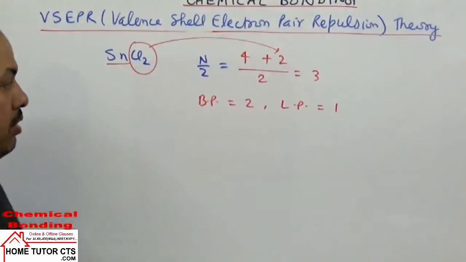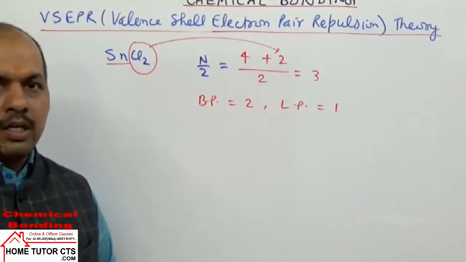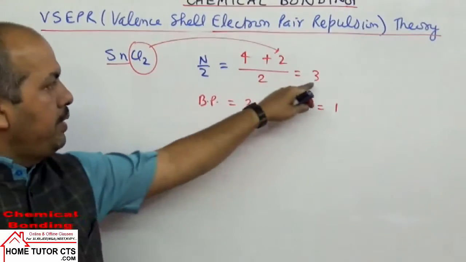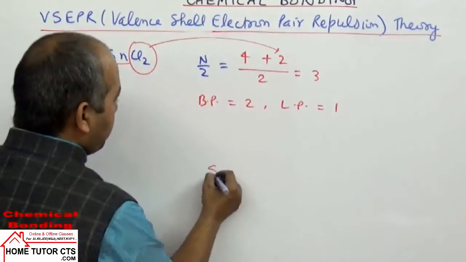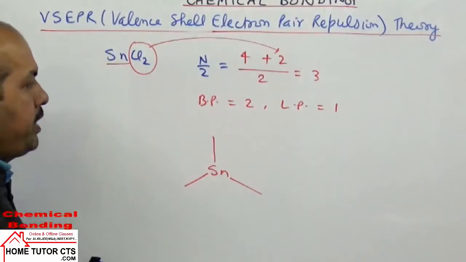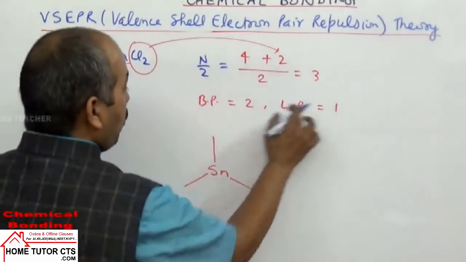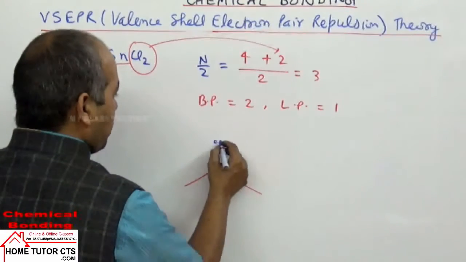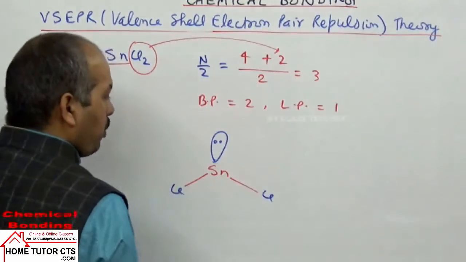Now you will have confusion कि lone pair आपका एक आ गया. Now what we should do for the lone pair? Nothing. For n by 2 3, draw geometry same 3. Geometry will be what here? Trigonal planar. Draw same geometry for same n by 2 value. And now in this geometry we have what? One lone pair. So make one lone pair. And 2 will be the bond pairs. So draw 2 bond pairs.